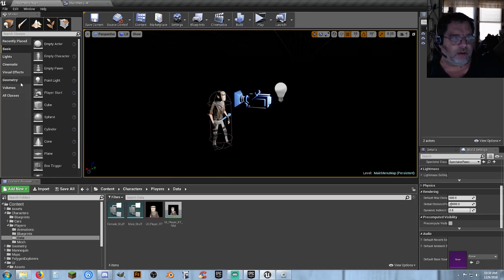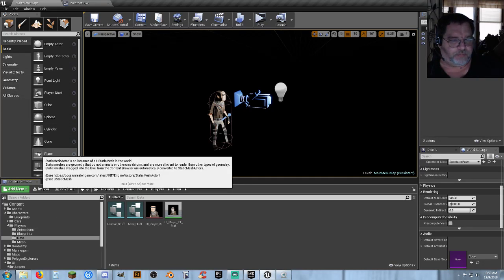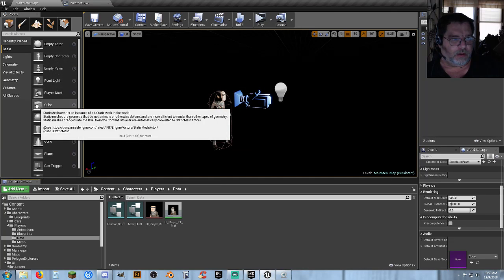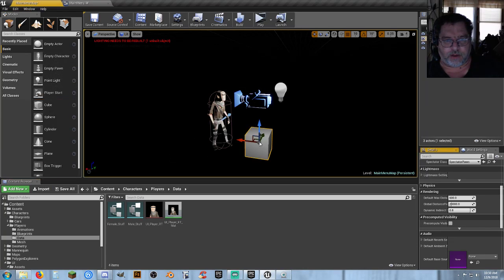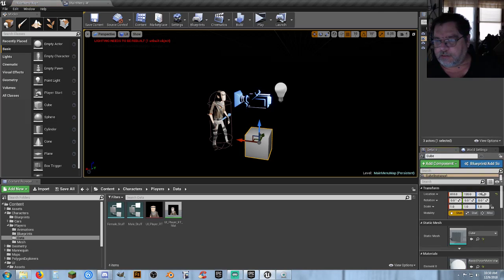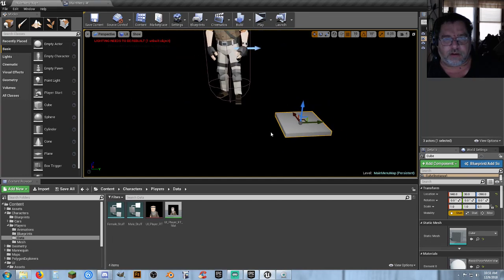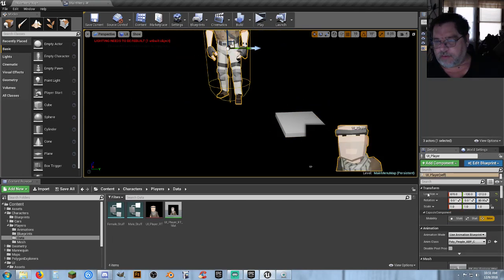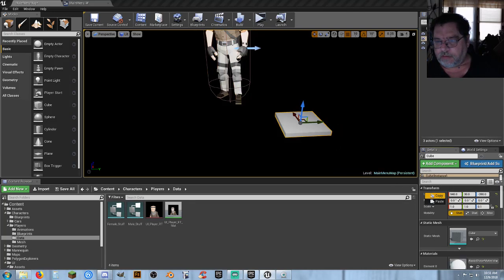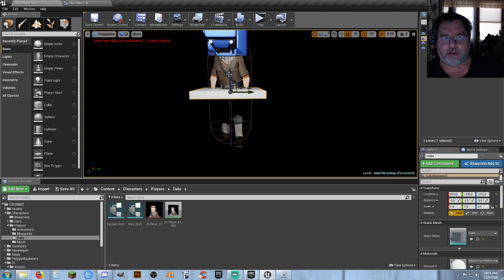Let's grab just a plane, or let's grab a cube, drag it into the map, and let's grab the details panel. Let's make that 0.1, and let's put that underneath the player. We don't see his feet anyway, but I think you grab the player, copy, click on that, paste, and then